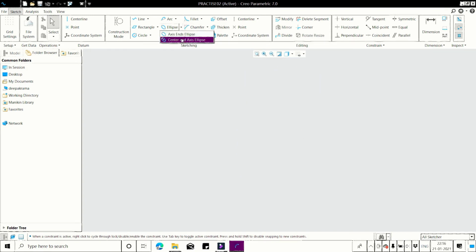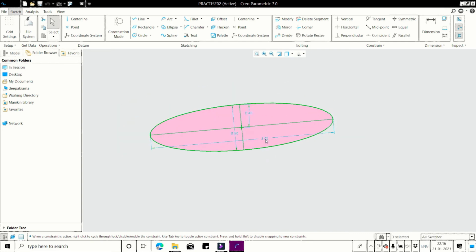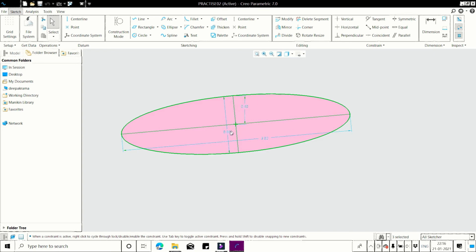Second one is the center and axis ellipse. Click on the first point, which is the center one. Next, choose the height of the ellipse. Click on some end, then draw a volume of that ellipse. Here you will be asked for height, width and thickness.